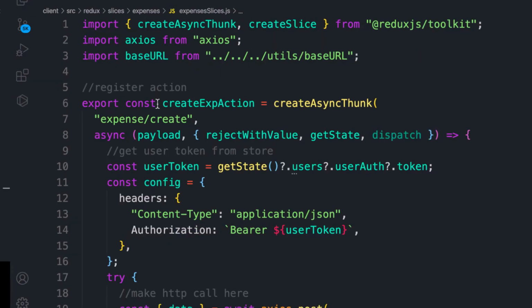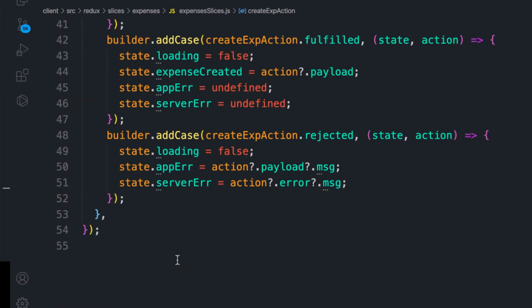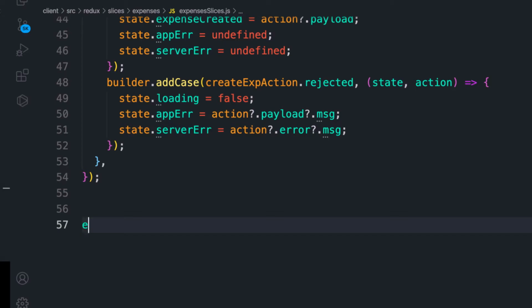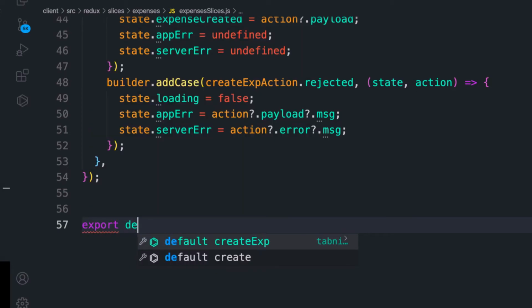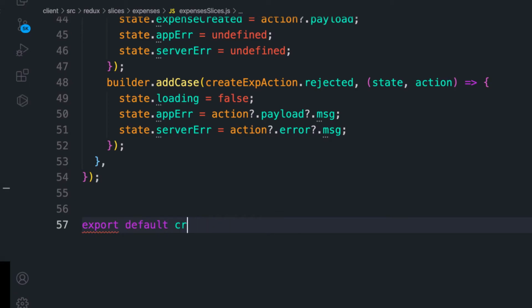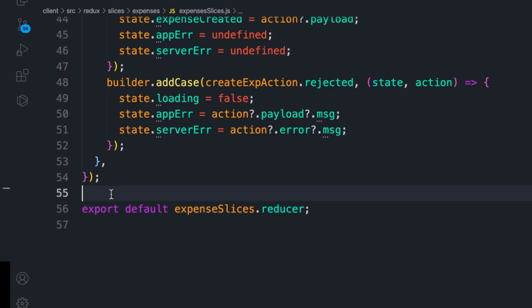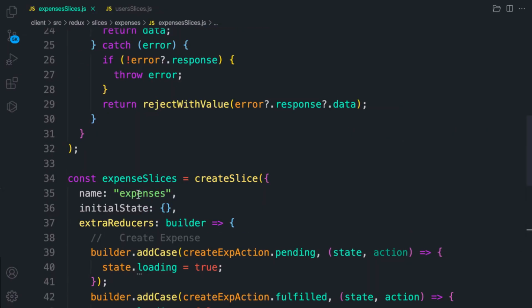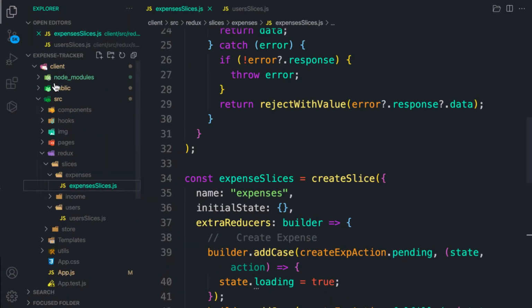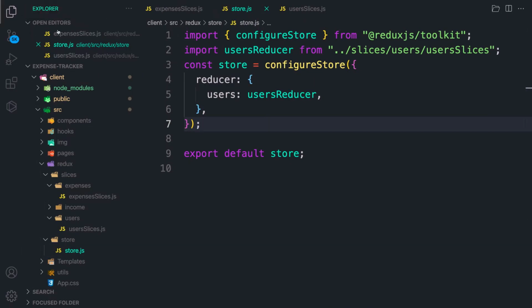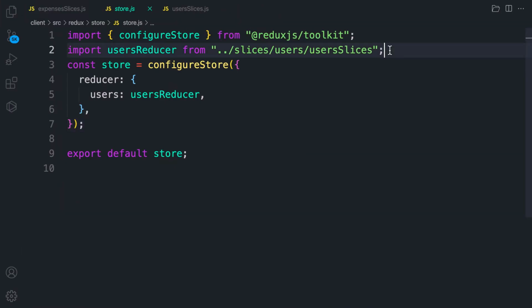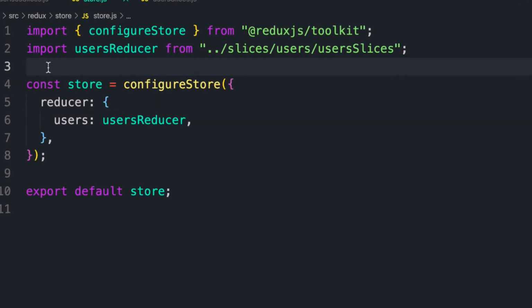So the last thing is what I need to create, my reducer, because I have my action here. Come down here and export this. Export default the expensesSlices, and there we have what is called .reducer, and that is it. The last thing is to add this state to our store. Let me come back to the store here, and let's require the slices for that. So import